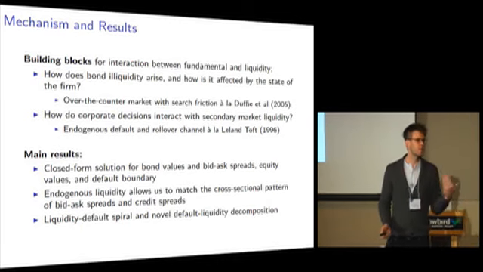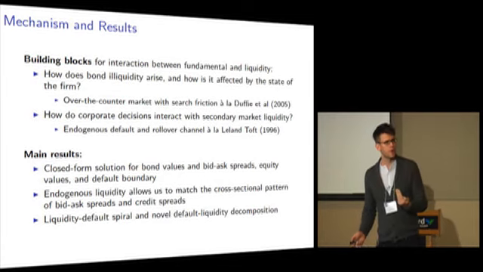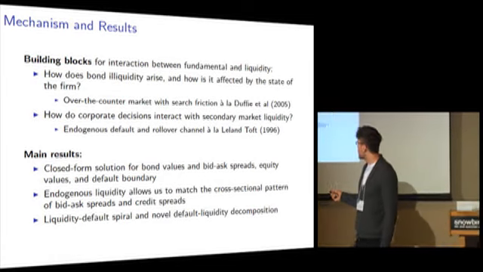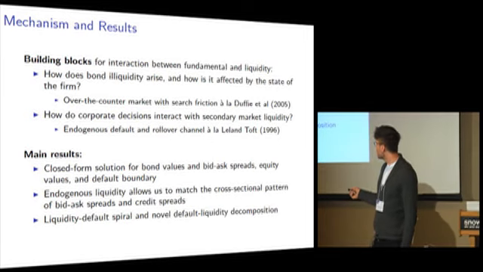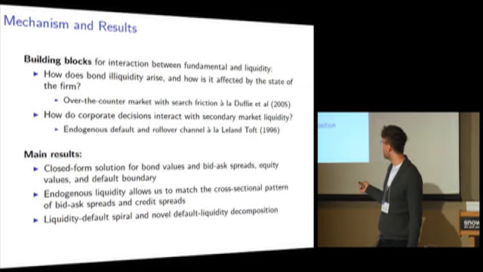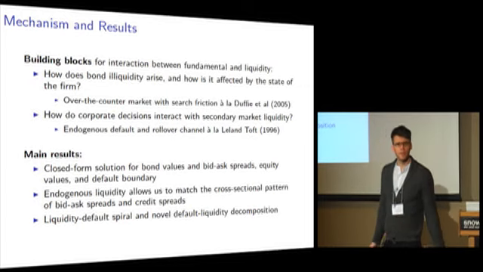Because we need rollover in the model. I'm going to explain later why rollover is very important. So the main result that this delivers is that we get essentially a solvable model. We have closed forms for essentially all of the variables that we're interested in: bond values, bid-ask spreads, equity values,